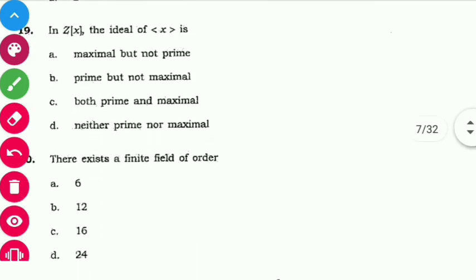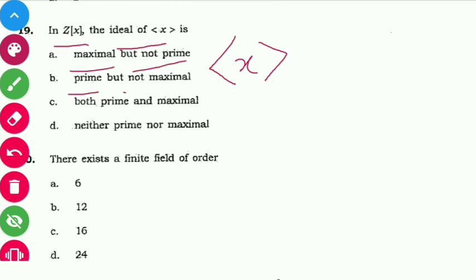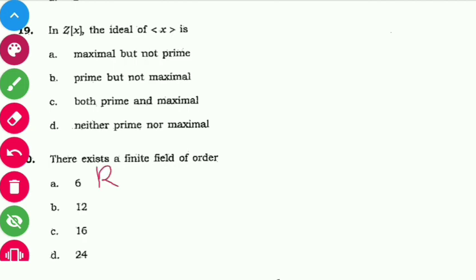In this Z[x], the ring, this ideal generated by single element x is: maximal but not prime, then prime but not maximal, then both prime and maximal, then neither prime nor maximal. So for this, this is very simple, and you just remember one result, then you can easily solve this kind of questions. So here just note that whenever we have R is a commutative ring with unity,